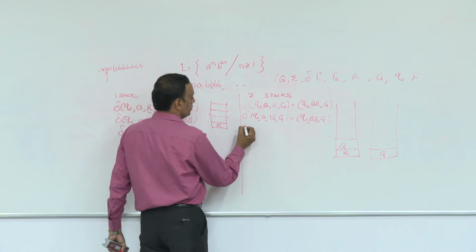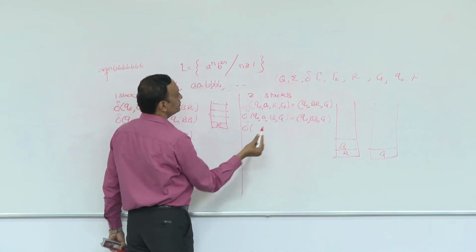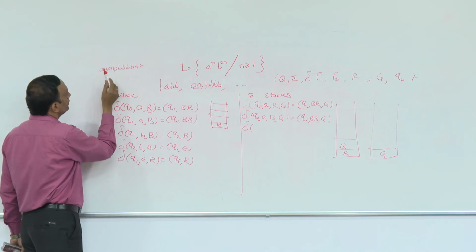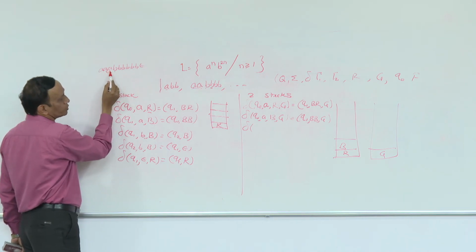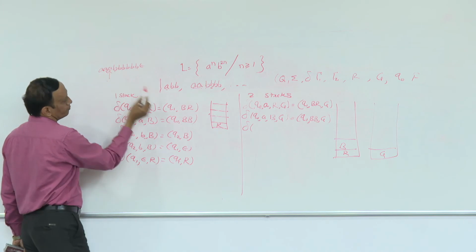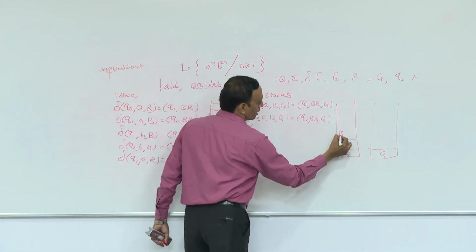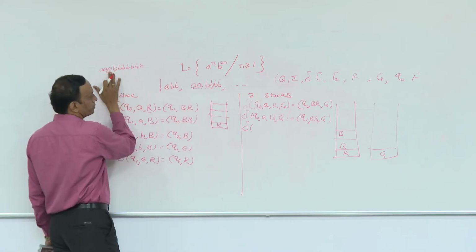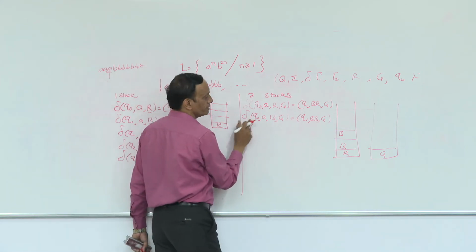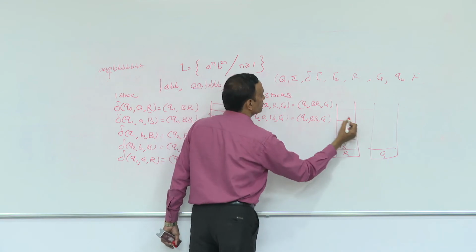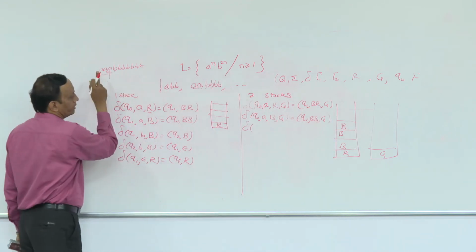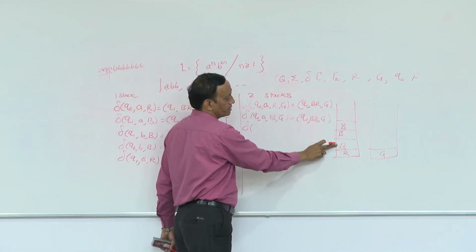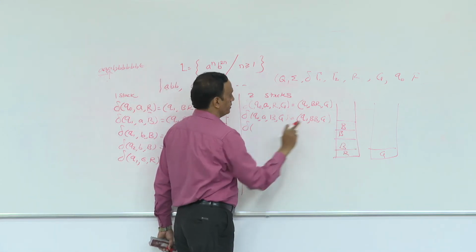Fine. Next we got this, and it is moving to the next symbol. Again you get Q1, A, B, G, because the same scenario applies. For the earlier A's we already pushed two. Now we are getting the third A, it will apply the same transition function and push one more blue plate. So as there are 3 A's, for each A we pushed a blue plate into the first stack. We haven't made any change in the second stack.